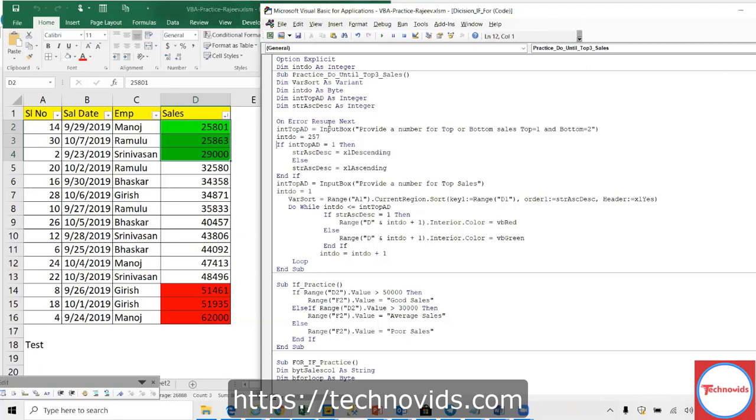There are three types of error: syntax, compile, and runtime. Syntax, you don't have to worry, because Excel itself will flag it. Compile errors are also fine, because you will definitely test the code before sending it to users or sharing with others. So both types are good, as in you will definitely handle them. Whereas runtime is the programmers' area. The programmers or developers will have to think of all the scenarios and handle them.